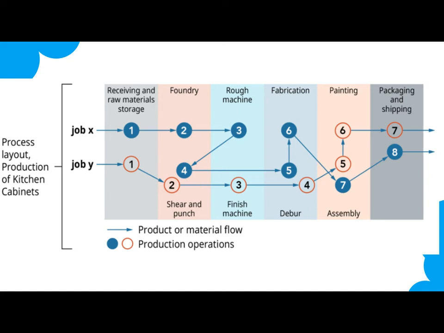After number 4, job X, that is the blue dot, will be transferred to fabrication. So there will be two types of fabrications, 5 and 6. Then the job is transferred to assembly, that is number 7, and after assembly it is transferred to the packaging and shipping department and then to the next customer for dispatching. So this is the process layout where the workstations or machineries are fixed and jobs are moved from one workstation to another workstation according to the process that is needed.